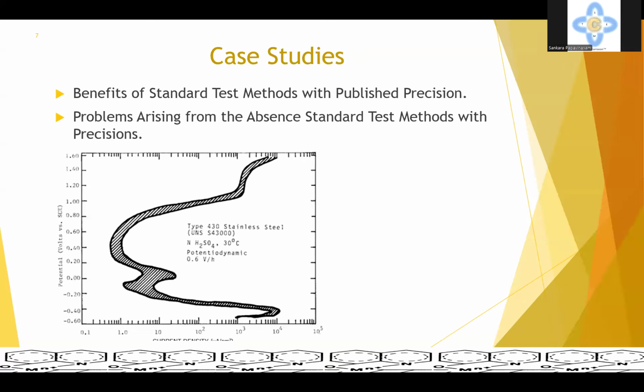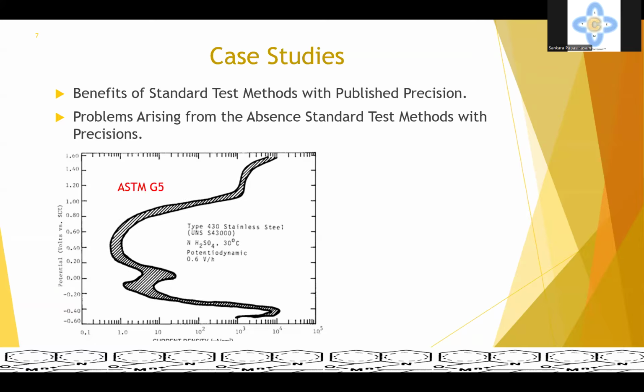For those who are familiar with ASTM G5, which is the flagship standard test method published by ASTM, using this characteristic S curve known for stainless steel in sulfuric acid, I will use this graph a little later to explain the importance of precision, but this was published almost 40 years ago by ASTM, and G5 is one of the flagship